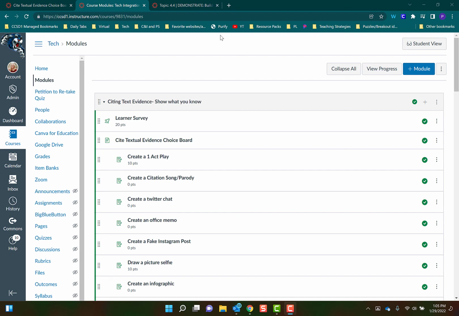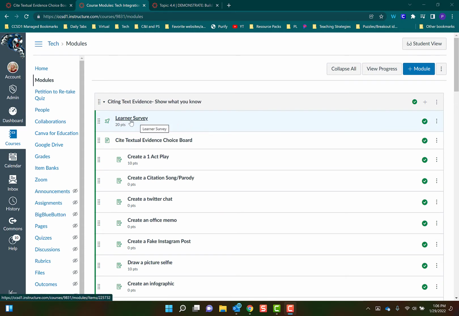So my personalized project is in conjunction with working with a 6th grade ELA teacher. She wanted to create a choice board in Canvas and use Canvas more efficiently. So we made it more personalized concerning this activity she wanted to do, which is citing textual evidence from the punctuation point of view. What we did first is put in a learner survey